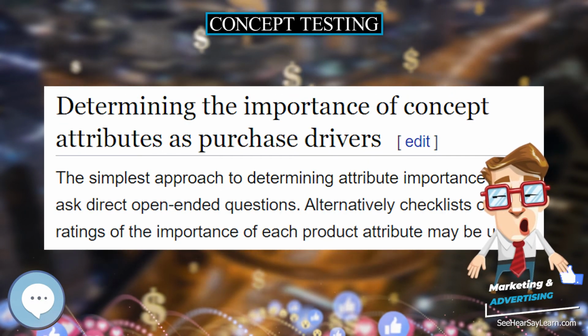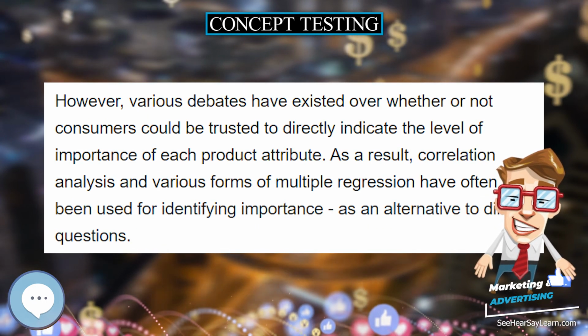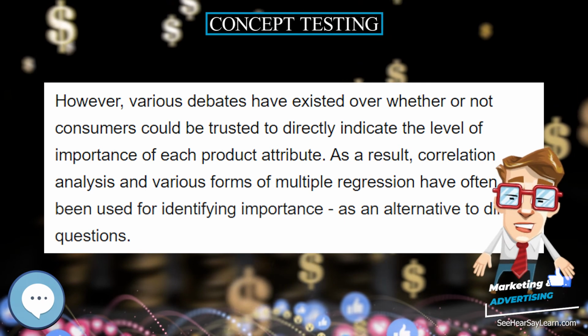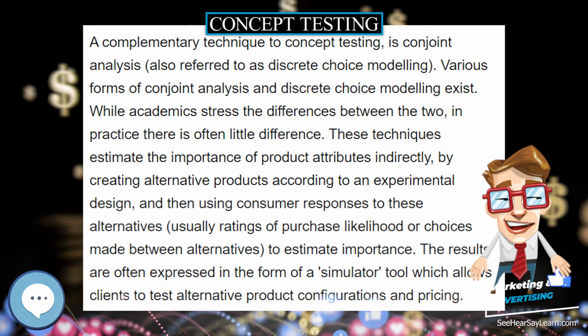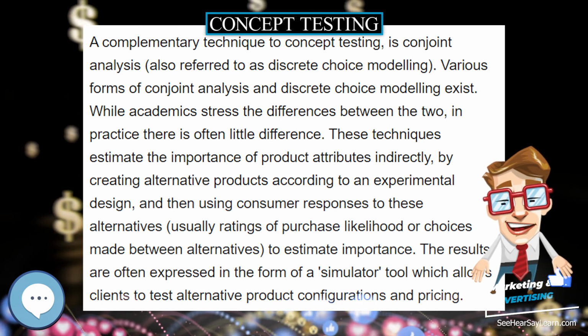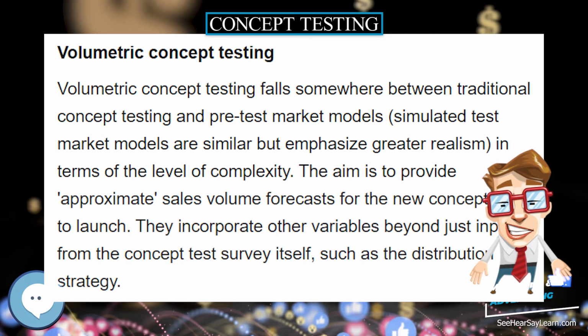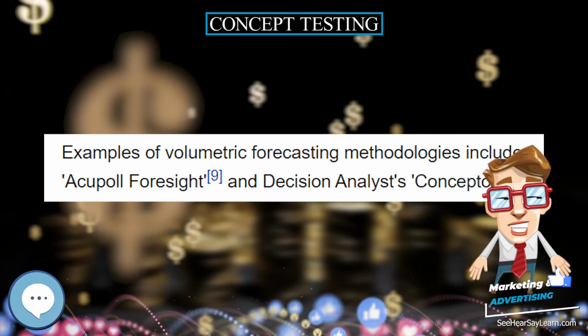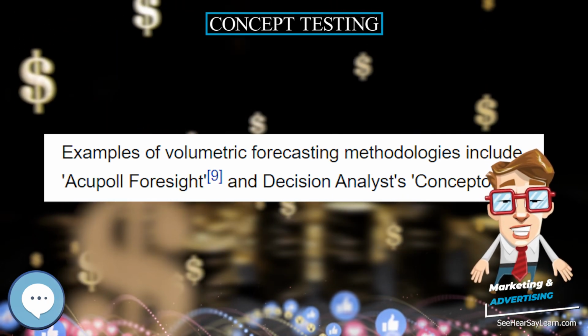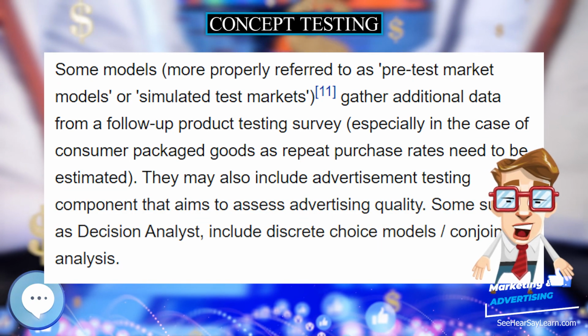Some models, more properly referred to as pre-test market models or simulated test markets, gather additional data from a follow-up product testing survey, especially in the case of consumer packaged goods, as repeat purchase rates need to be estimated. They may also include an advertisement testing component that aims to assess advertising quality. Some, such as Decision Analyst, include discrete choice models, conjoint analysis,